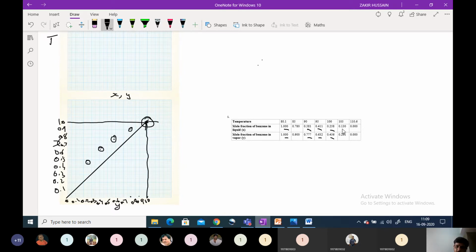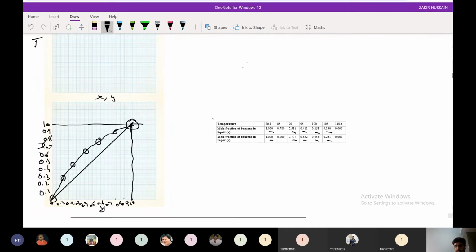And 0.130 and 0.261. 0.13 will be coming around here, and 0.261. So 0.13 and 0.26 will come around here. The next point is 0, 0. So the 0, 0 point is this one. Now we have to connect our equilibrium curve through each point. Okay, this is the equilibrium curve, and this is the diagonal, this is the abscissa, and this is the ordinate. Now we have already drawn the equilibrium curve. Now we will draw the Txy diagram on the above side.